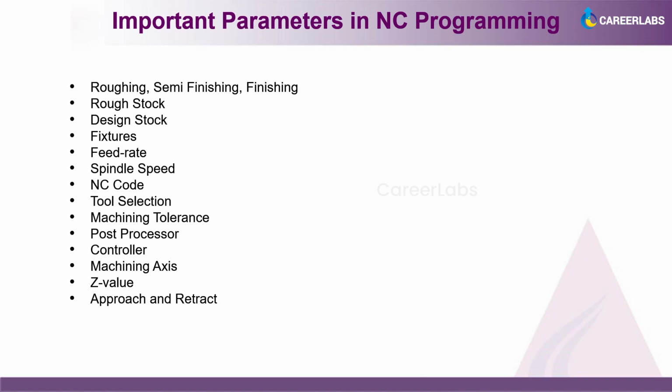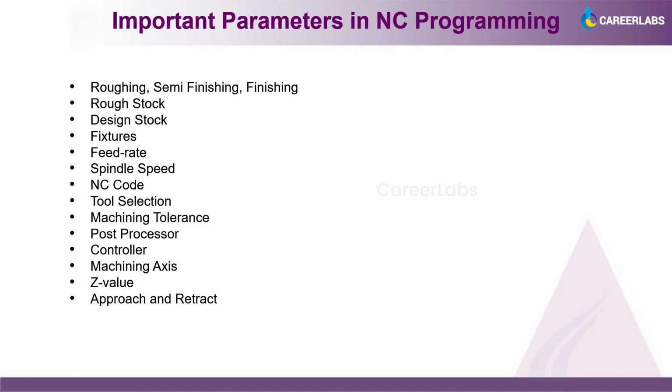Machining tolerance is one of the key areas. Whenever we give a strategy like different machining operations, we have to select our own machining tolerance to get a smoother output. Post processor and controller are integrated inside the machine to read the programs. So there are different types of post processors. Each machine company will follow different types of post processors like ICAM, IMS, CINIT and so on. And controllers are like FANUC, for example.